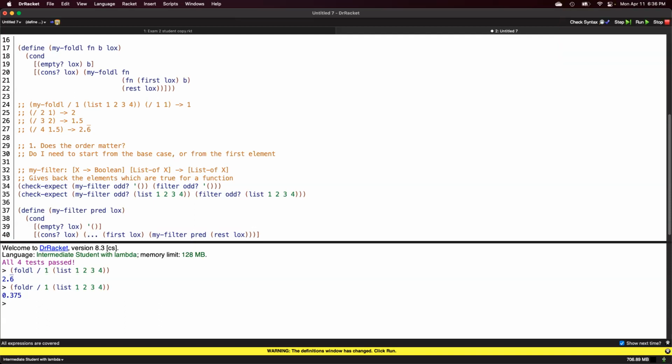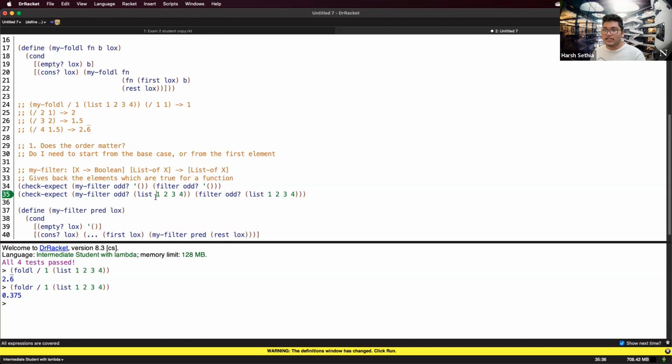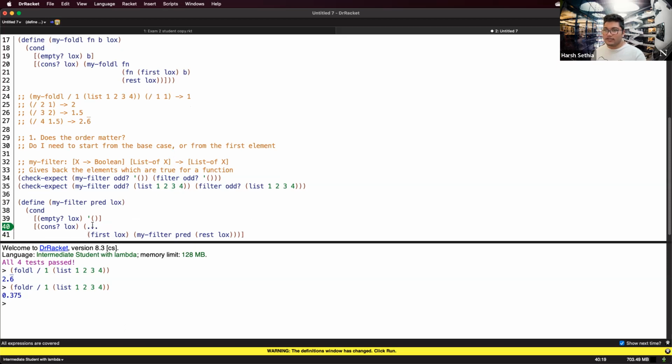The predicate. Right. Yeah, predicate. So we want to run the predicate on the first of the element, and then once we run it on the first, we want to run it on the second, third, and fourth, right? So what we'd be doing is we'll have an if expression where we run the predicate on the first